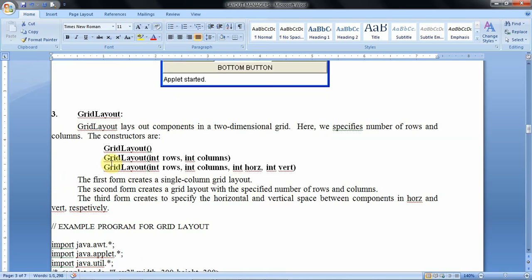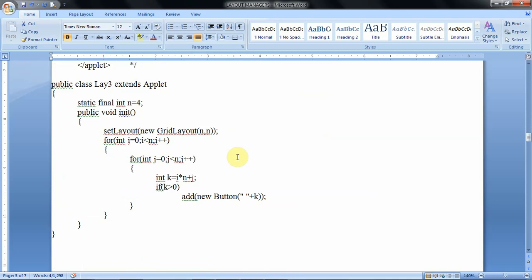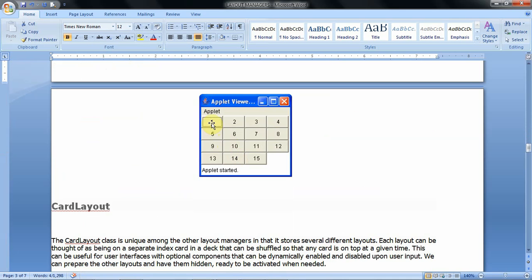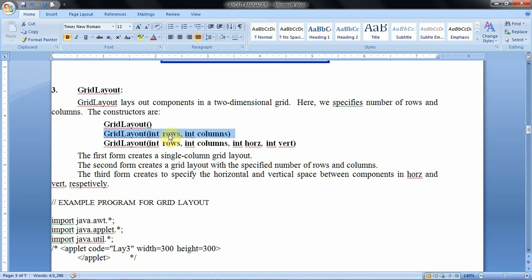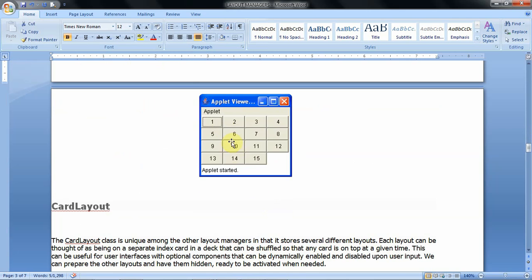So this has total 3 constructors mainly: grid layout without any argument, grid layout with a specified number of rows and columns. So total here 1 2 3 4 rows are there. Each row consists of 4 columns, so that we can specify by using rows and columns, 4 rows and then 4 columns. Then rows and columns and then horizontal and vertical gap between the components.